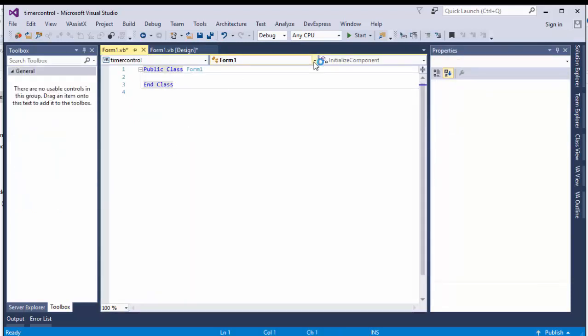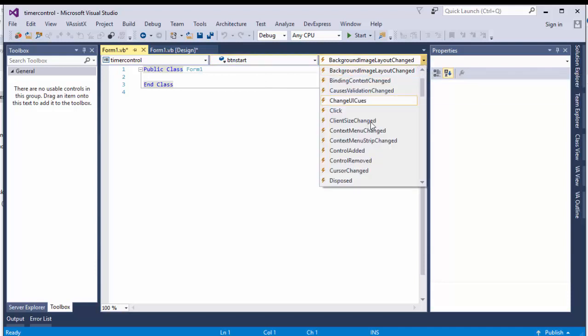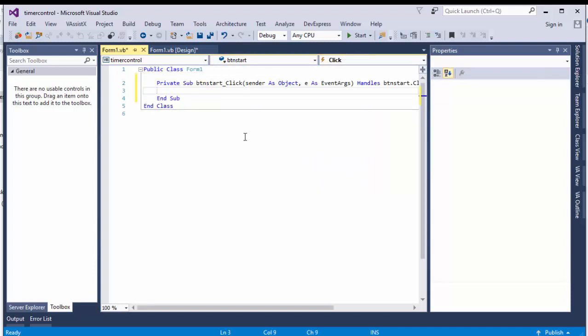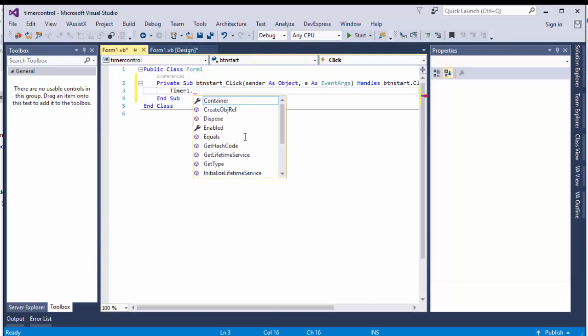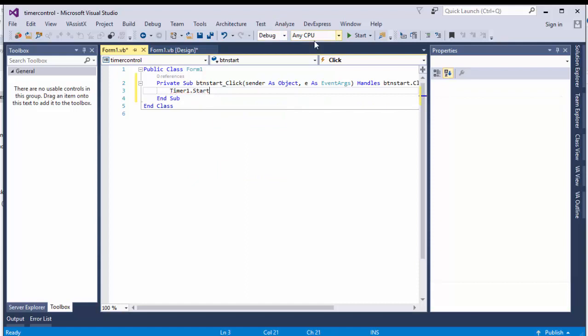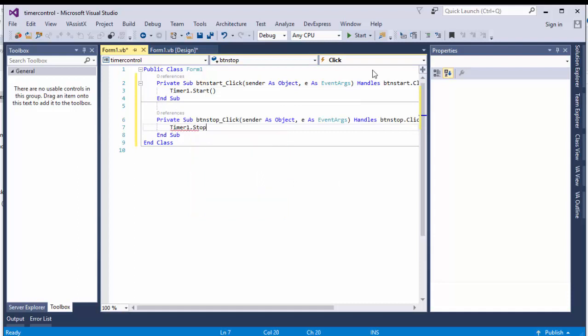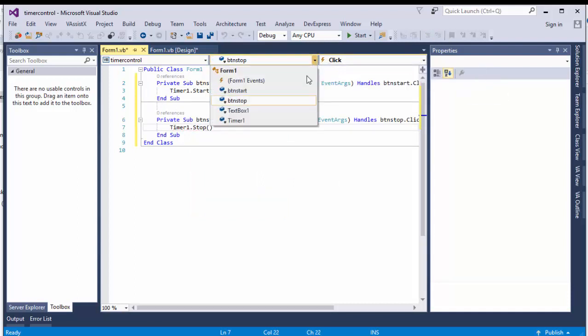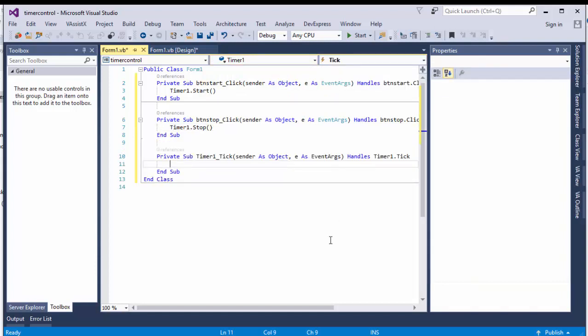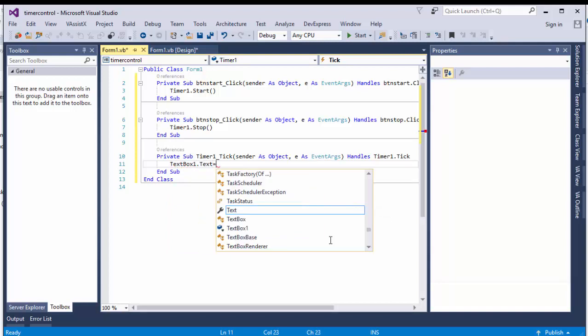Here we are going to create an event for the button start. Click event, timer1 dot start. For the stop button, and for the timer control it's the tick event, and here we are going to write textbox1 dot text equal